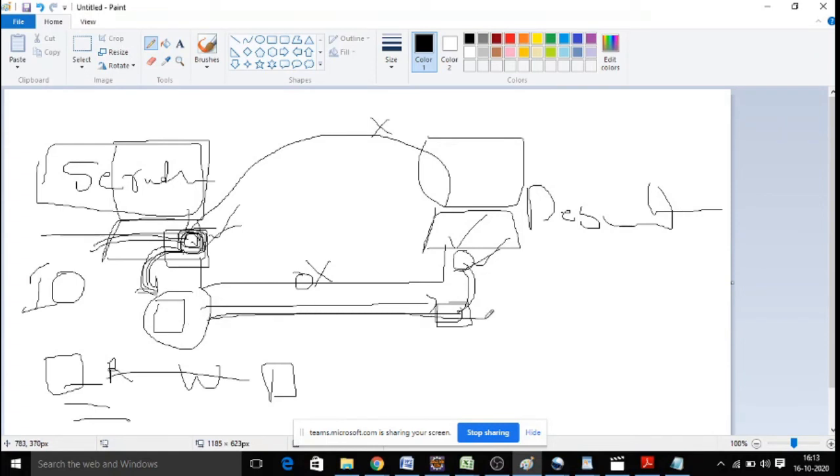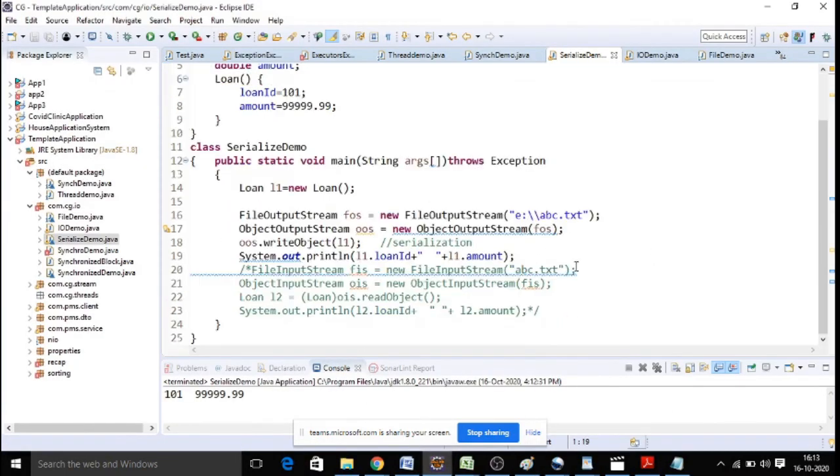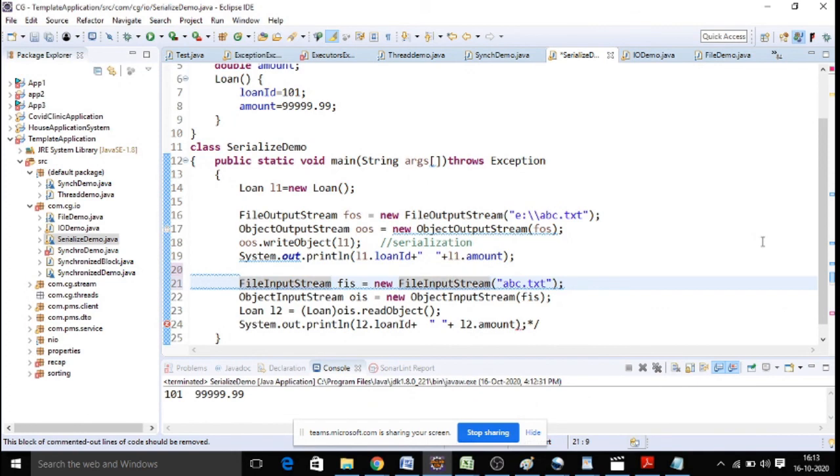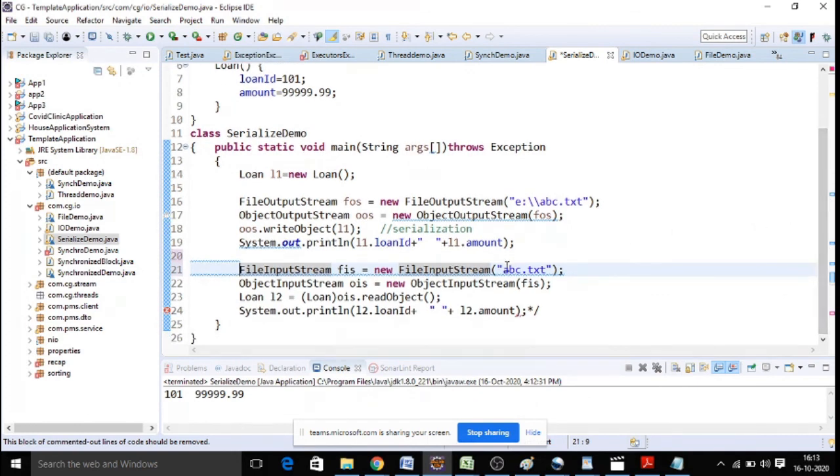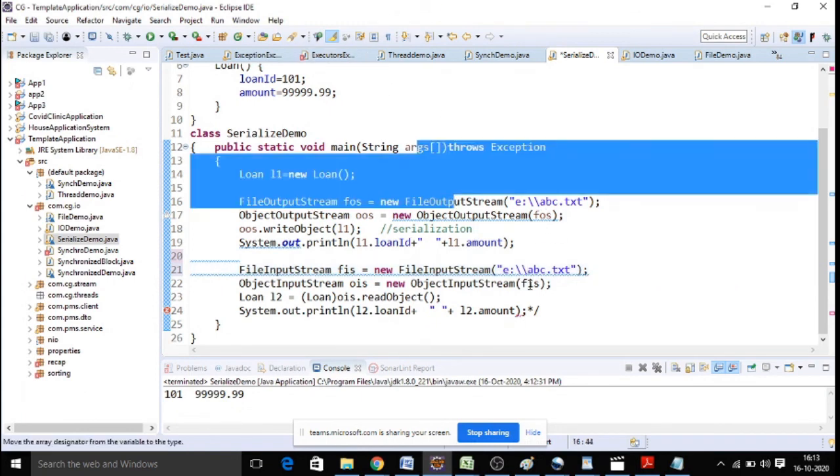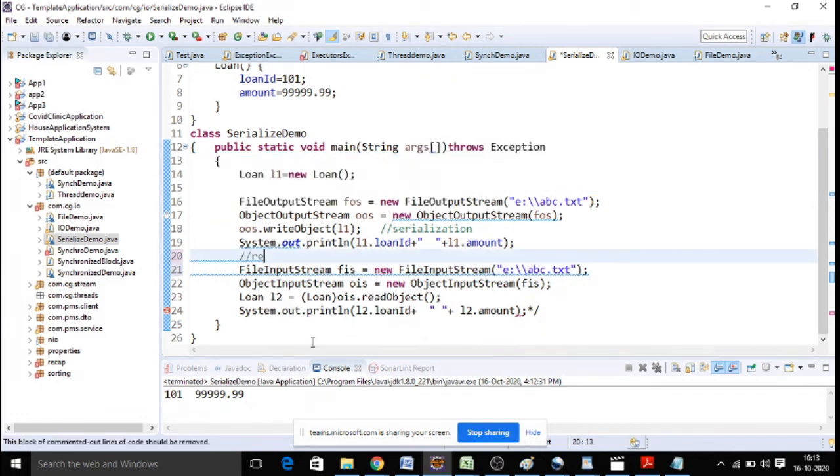Now that file will go to the receiver, and they have to read it. This is deserialization. Usually we send this file with another kind of programming called network programming. We send it to the receiver, they open it and read it. But for practice purposes we are doing it in the same program on the same machine. Now I am going to read the same file. In real time this program will be in another file. So I am reading the file sent by the sender. Let's assume from here onwards it is the receiver.